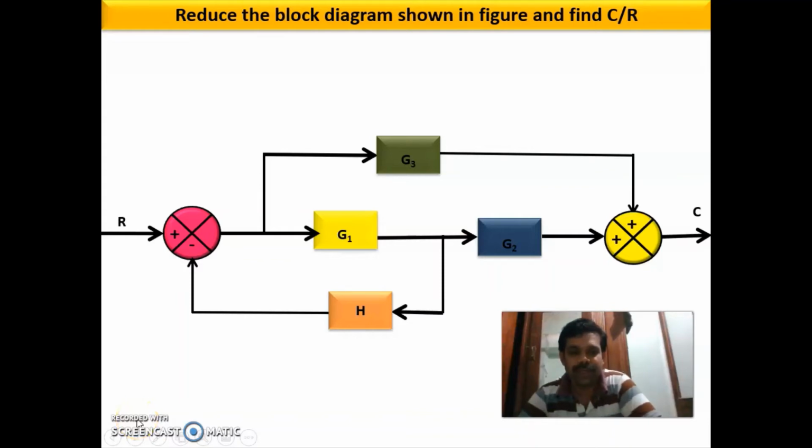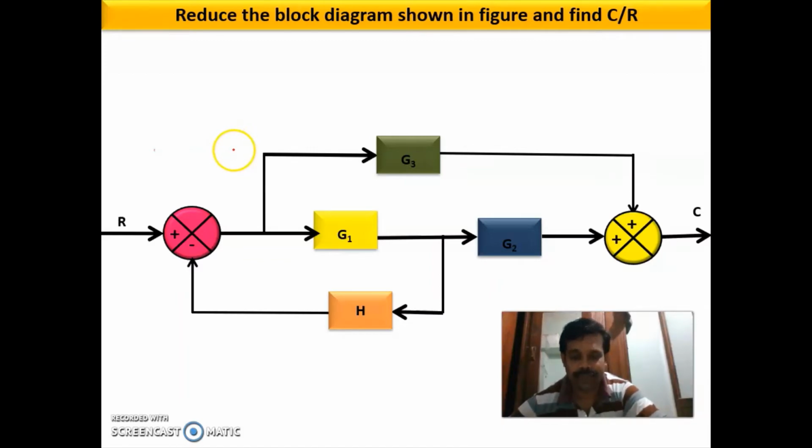Now we are going to see the next problem. The question is: reduce the block diagram shown in the figure and find C by R. C is the output and R is the input. While analyzing this diagram, we have to first check whether it is possible to apply any rule